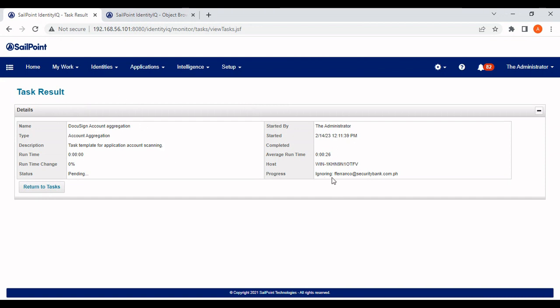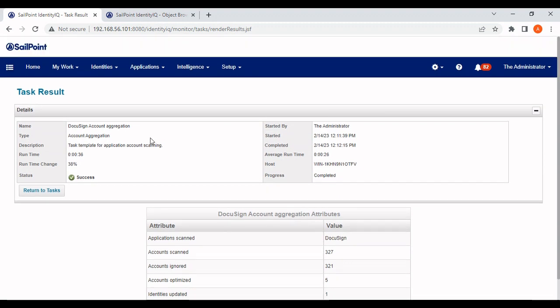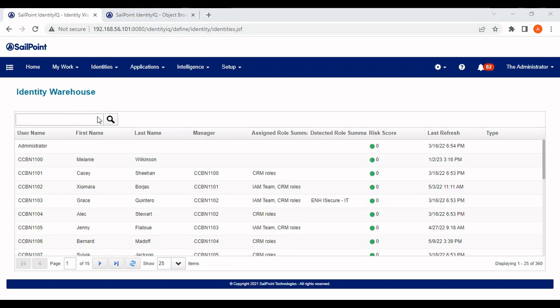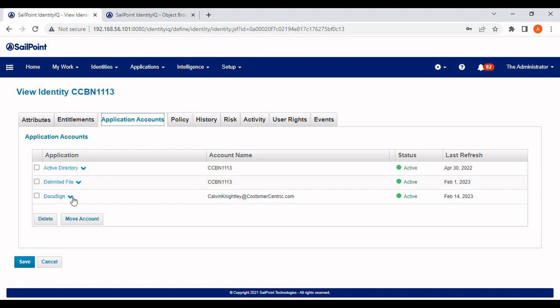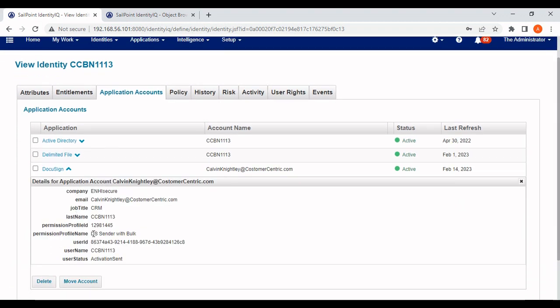So the accounts are getting ignored. Ignoring in the sense the accounts which are not correlated. All those accounts will be ignored. These accounts are not correlated with this application, so these are ignored. So we'll just try to check that identity. Identity one is updated, where you can see the provisional profile is getting updated